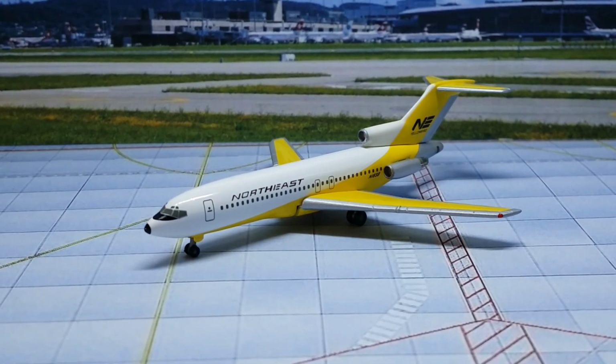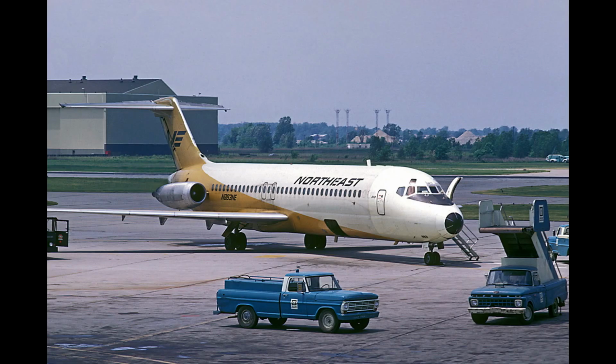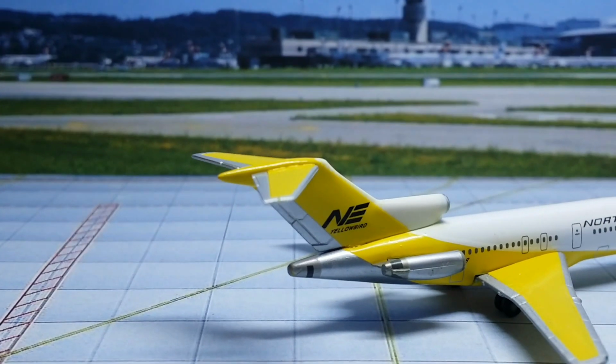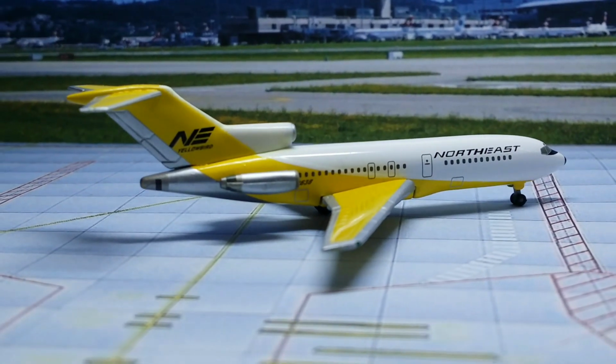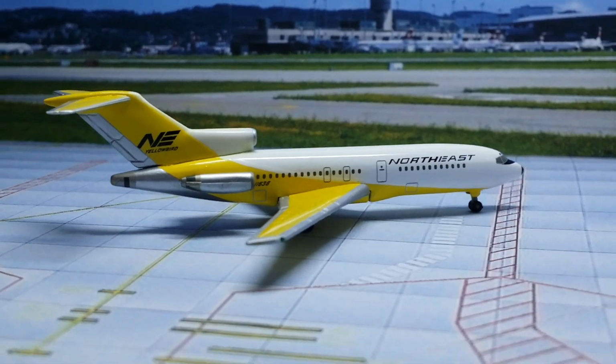As for the airline, Northeast was based in Boston and served, as you may have guessed, primarily the northeastern US, basically the New England area, but also had flights into Canada and started expanding further into mainland US. Now, the 727s that entered its fleet from 1967 onward were mostly used for flights to Florida. These 727s were called Yellowbirds and only served Northeast in its final 5 years of operation because it got purchased